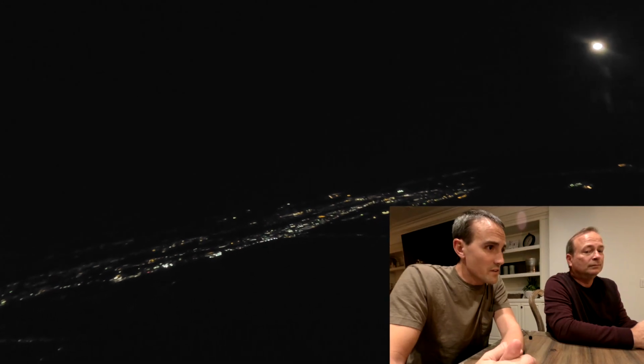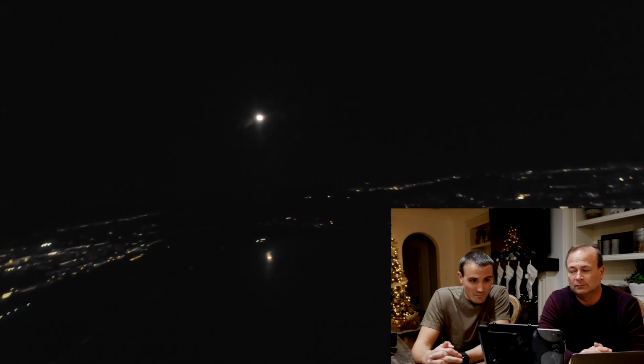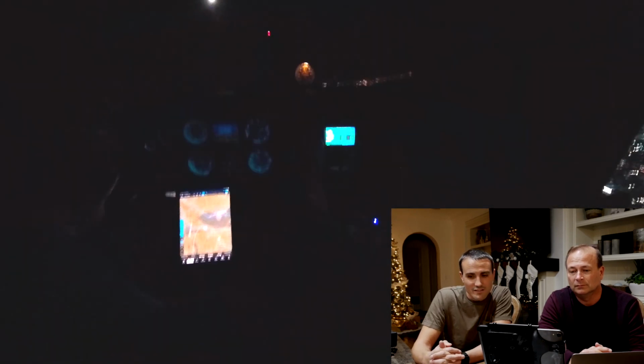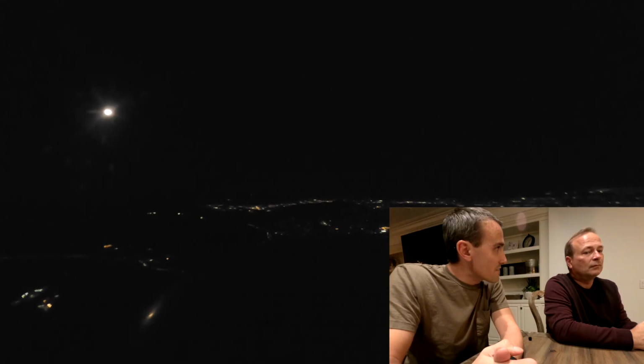Another thing, going along with that, is that during the daytime here in San Diego, when we usually take off, most airports are west, so they fly out over the water. We don't have any ocean perspective to look at, so that's obviously something we have to take into account. Like you said, a lot of the landmarks we would use as well. I don't know, do you have any past experiences that...